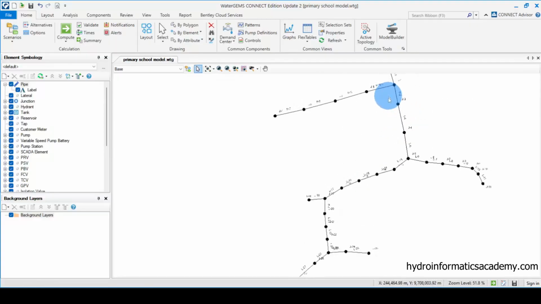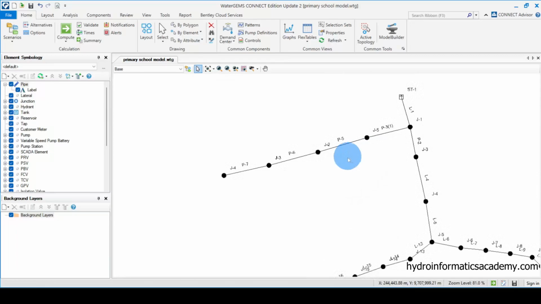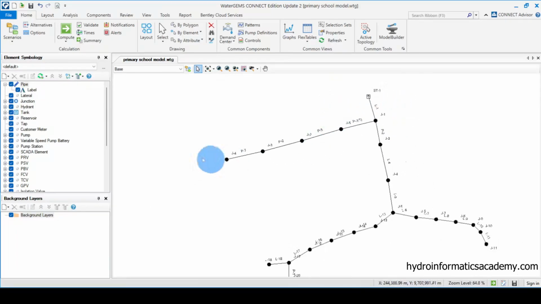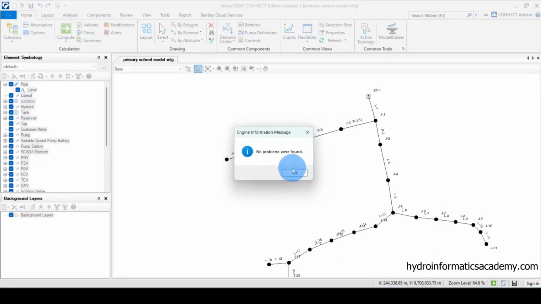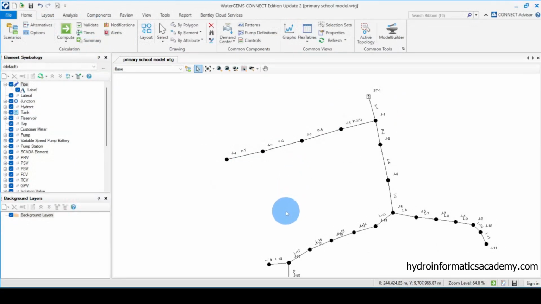So far, what we managed to achieve is to assign the demand to the respective nodes. What we want to do from here is to run this model and see if we have any error. Then we can take it from there. Now the next step, as I told you, is to run this model. Before I run, let me go straight to this point here and select validate. As you can see, for now we don't have any issue. So if I compute,